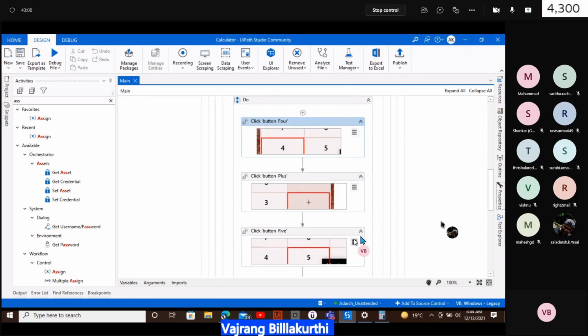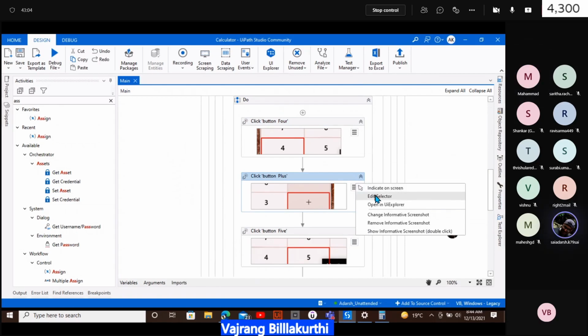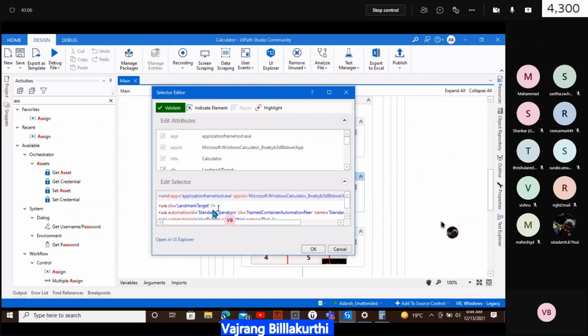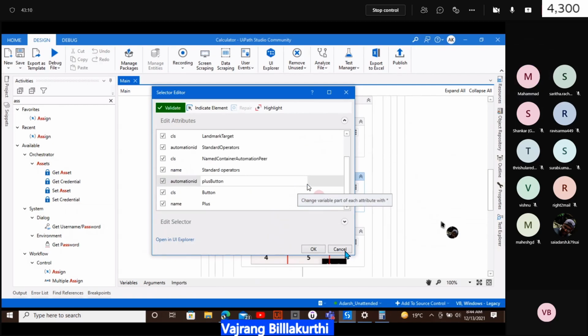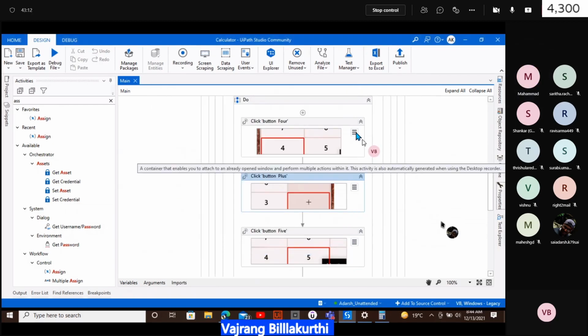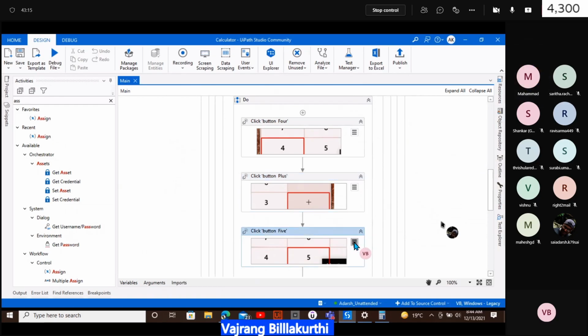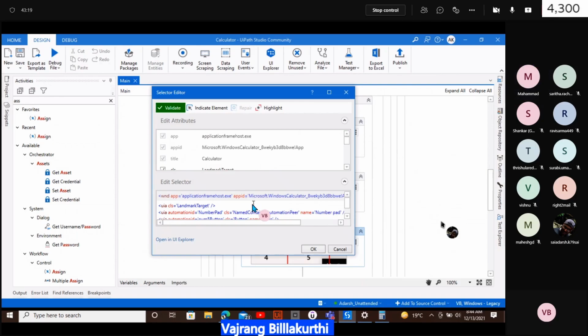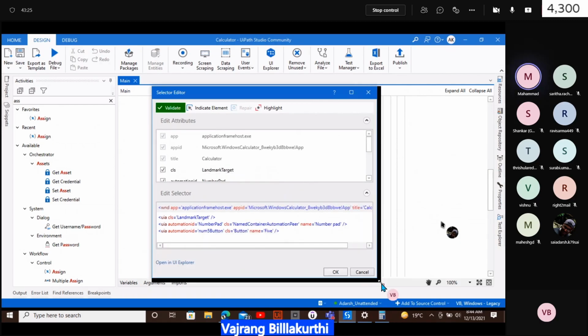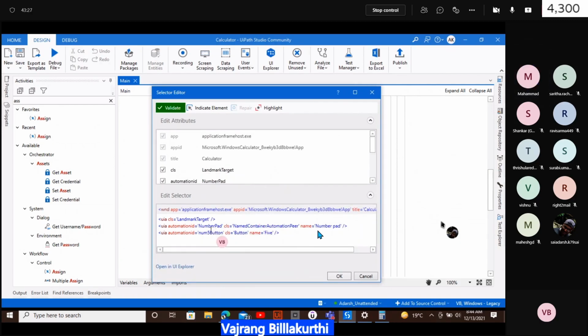Let's take it from here at least. This is the plus button. Cancel, edit selector. See, this num and button are static. The only value that is changing is 5.